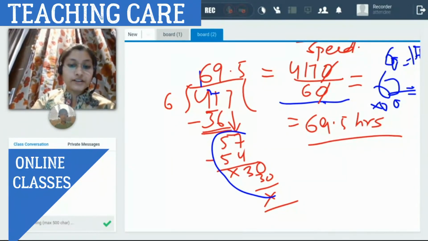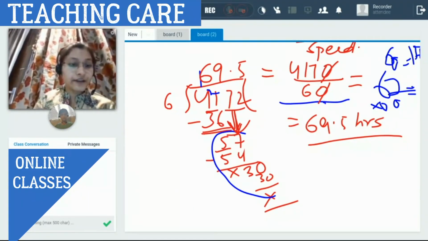See, till now you got it that 36 was there, we subtracted and 5 was the remainder. Then, any number left over in the quotient, we drop it down one by one. If it were 4172, I would have drawn just 7 at a time, one number at a time. So I dropped down 57, then it becomes 57. Then I repeat the procedure, get the 54 by making 9, 7 minus 4, 3.